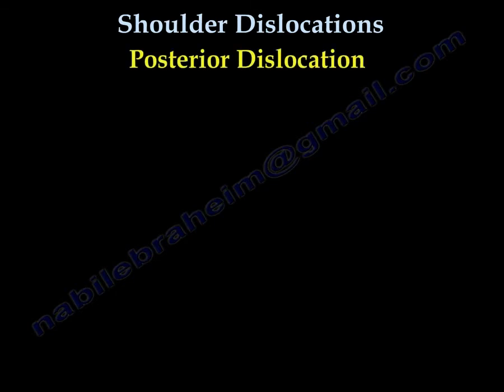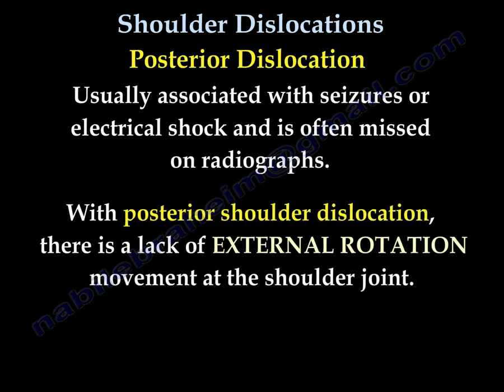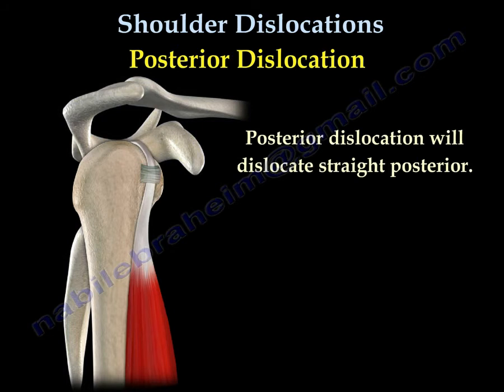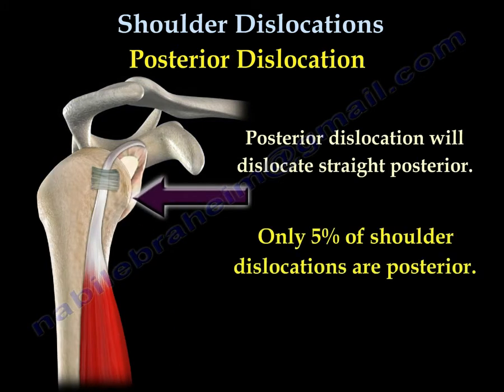Posterior dislocation of the shoulder is usually associated with seizures or electric shock, and is often missed on radiograph. About 50% of the cases are missed. With posterior dislocation of the shoulder, there is a lack of external rotation movement of the shoulder joint. Posterior dislocation will dislocate the humeral head posteriorly. Only 5% of shoulder